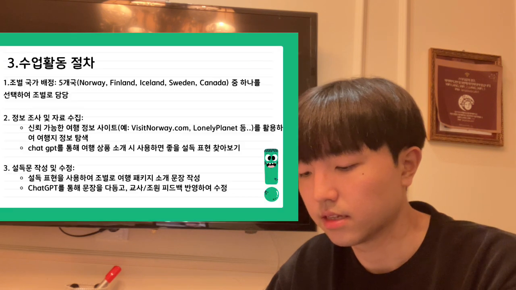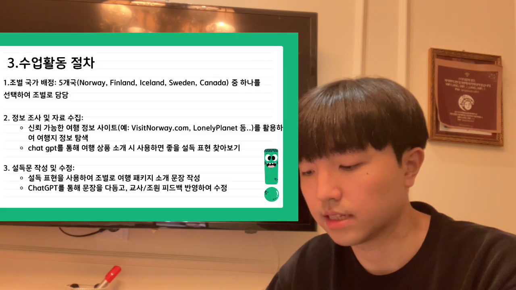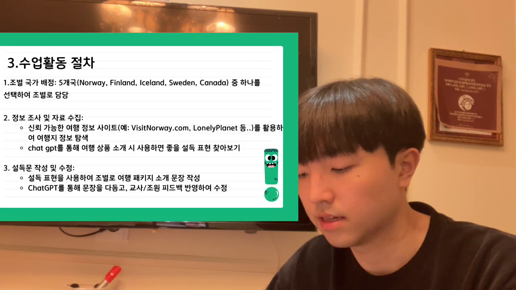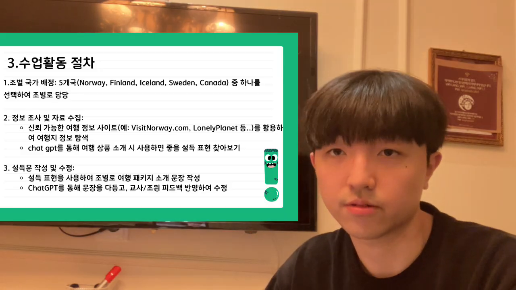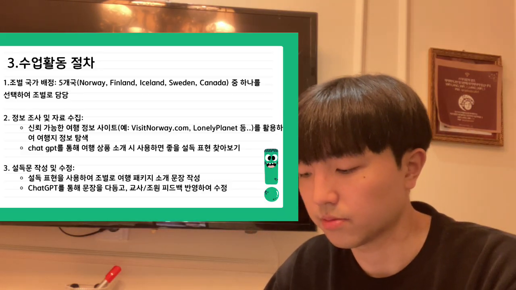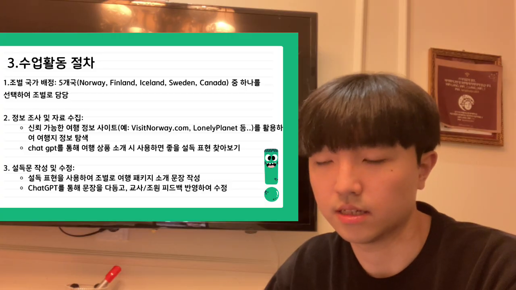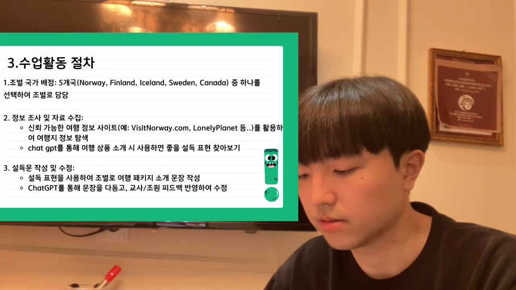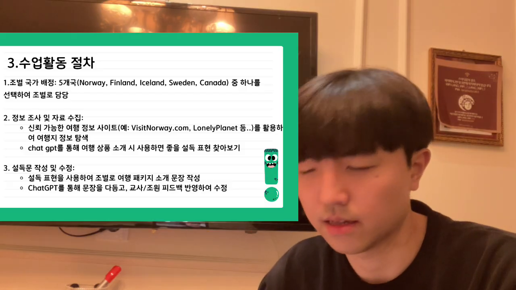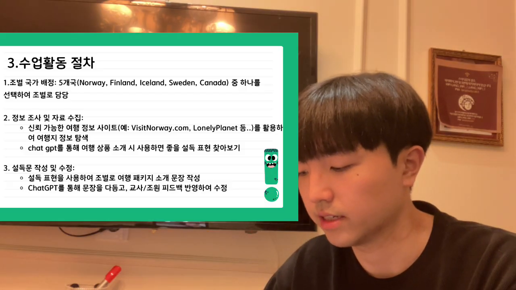So, here are the procedures that the activity will follow. As mentioned earlier, the class will be divided into 5 groups, with each group responsible for 1 country each. The teacher will provide about 7 reliable travel information sources for each country.